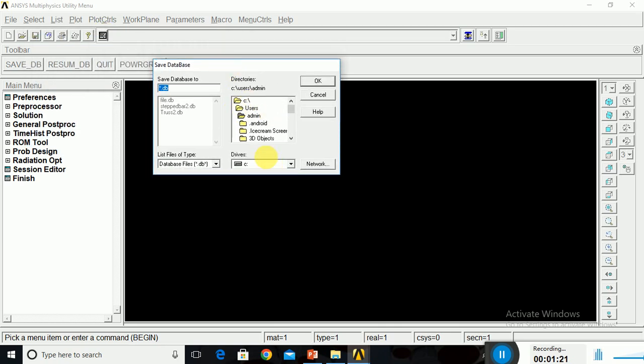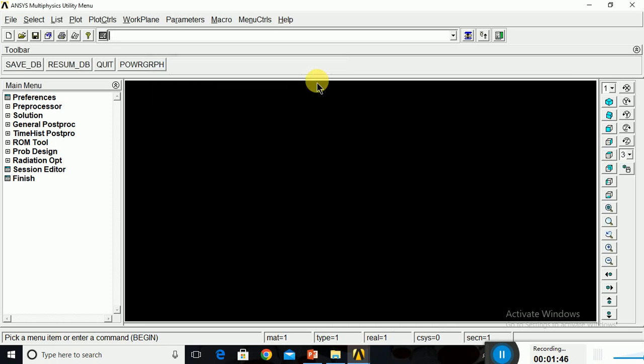To save, select the drive first, then select your folder. This is the ANSYS simulation folder, and here we have to change the name. Give the name, and then click OK. In this way we can save the current project.